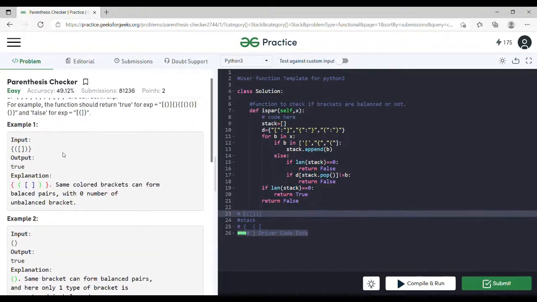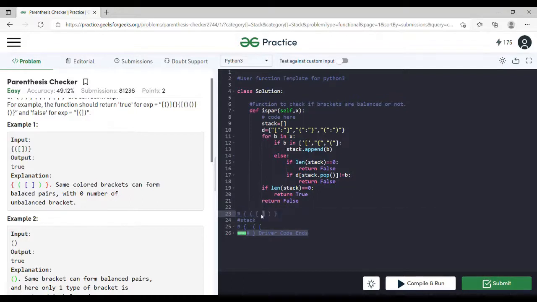So let's understand the intuition behind the logic, and then we will dive into the code for it. Let's say you have the same input that we just discussed. Now in this we will be using a stack. Whenever we encounter an opening bracket, we will push it into the stack.